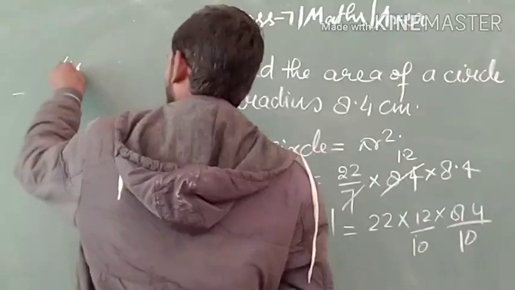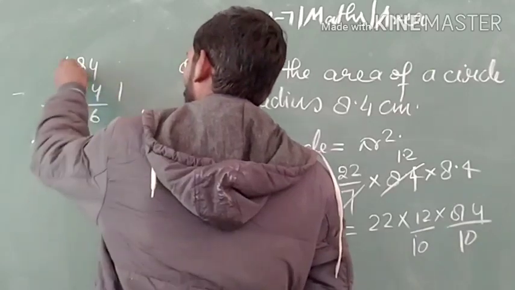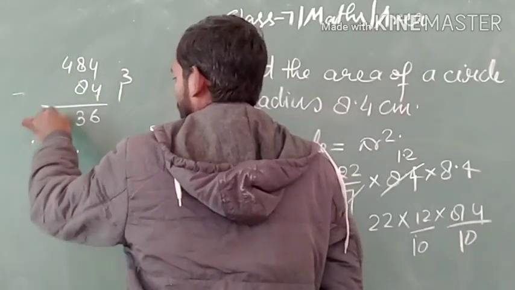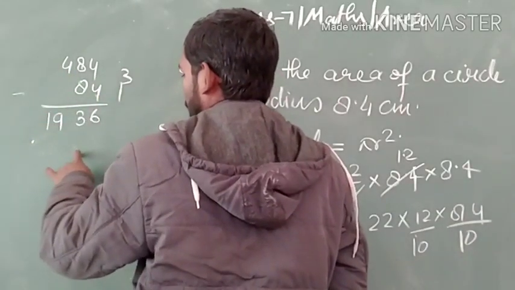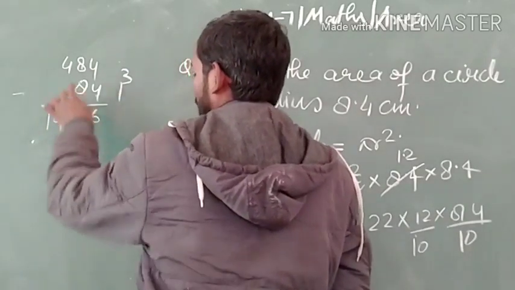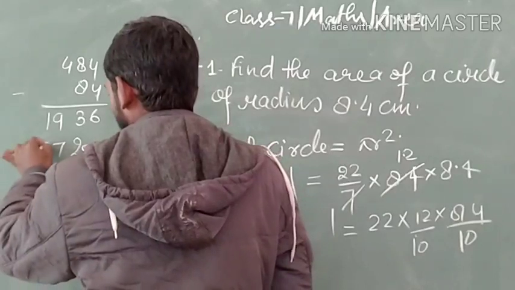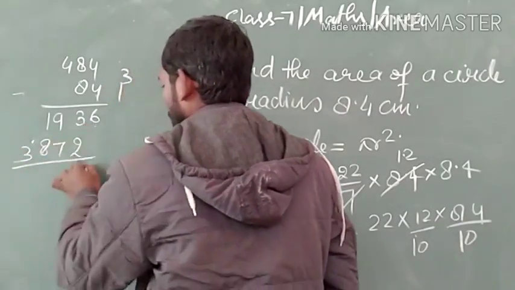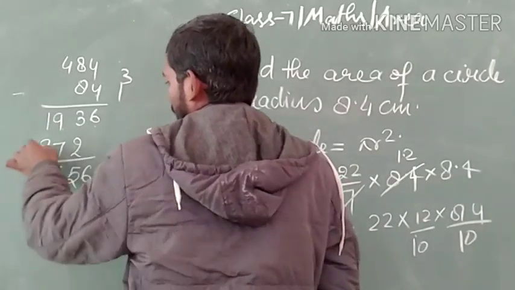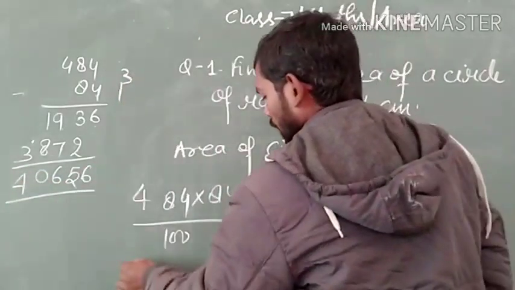So here we write 484 multiplied by 84. We get 4 4 are 16, carry 1, 4 8 are 32, 32 and 1 33, carry 3, 4 4 are 16, 16 and 3 19. Again multiplied by 8, 8 4 are 32, carry 3, 8 8 are 64, 67 and 8 4 are 32, 32 and 6 38. So here we get 6, 3 plus 2, 5, 9 plus 7, 16 carry 1, 8 plus 1, 9, 9 and 1, 10 and this is 4.